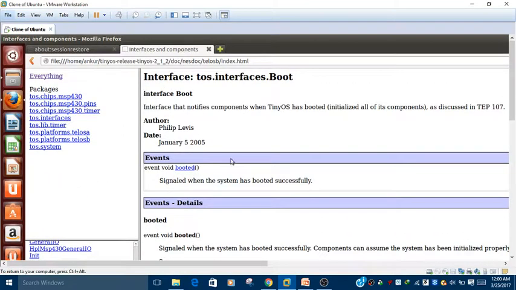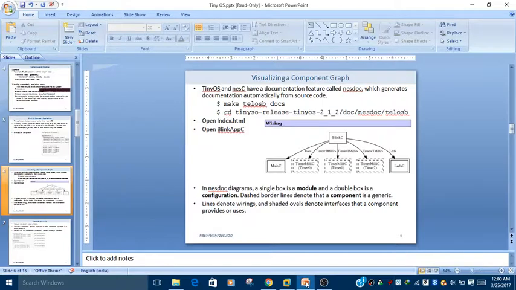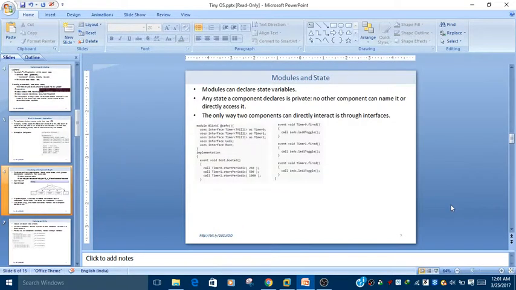By this command we can check the documentation, or we can also call it a component graph. The component graph can be shown by this command. Now next is modules and states. In modules we can declare the state variables, and any state a component declares is private.